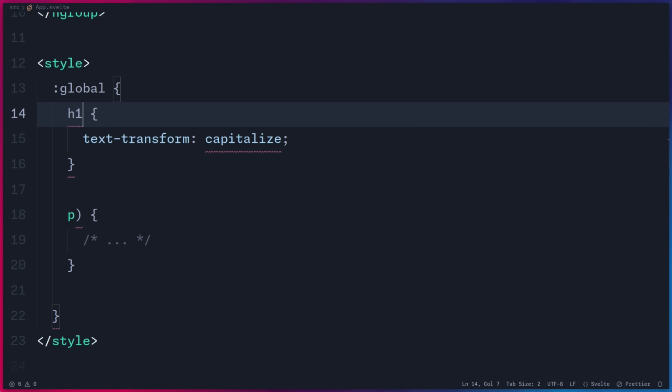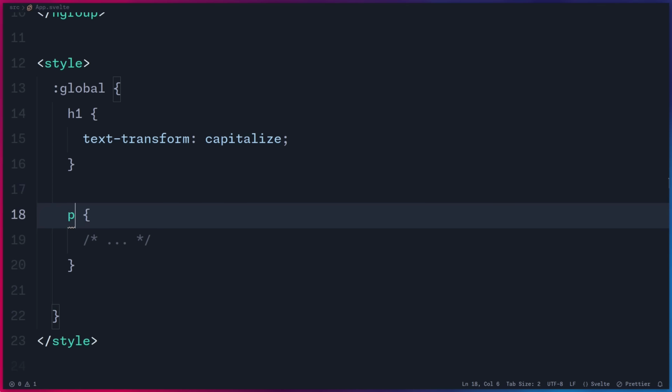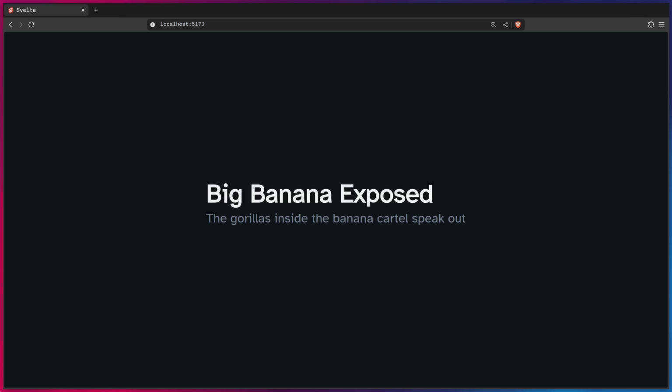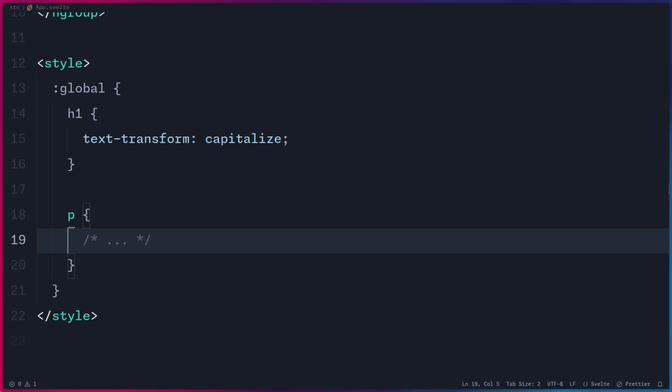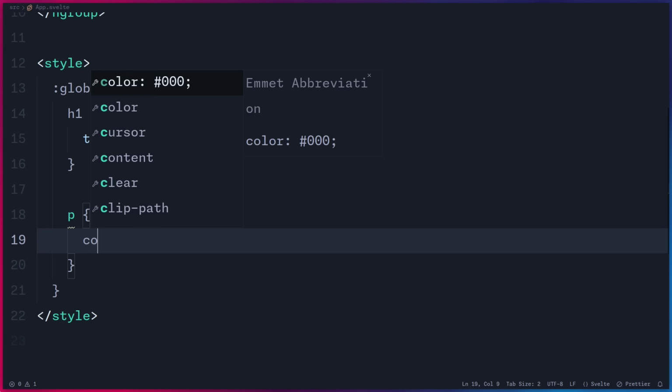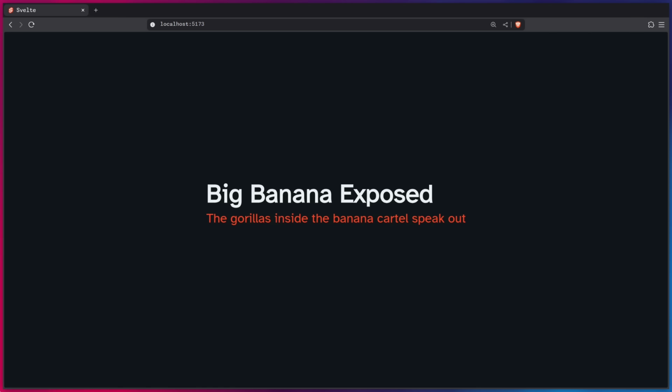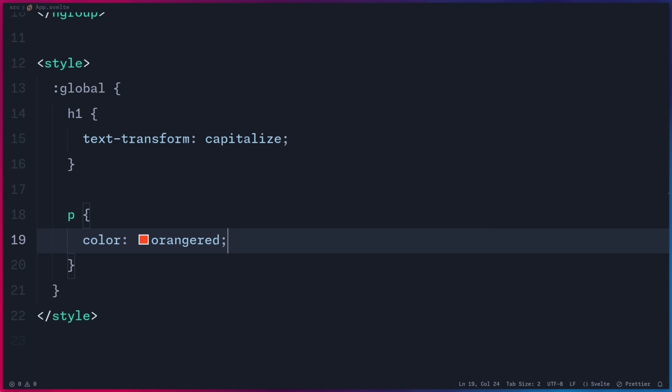Let's just do this, remove it, like here. And now we're going to see, if we save this, everything is going to work as expected. And this is only complaining because we don't have any styles here. But we can, for example, say color orange red. And now we're going to see it works as expected. Of course, one downside of this approach is that these styles can clash with your global styles, but we can